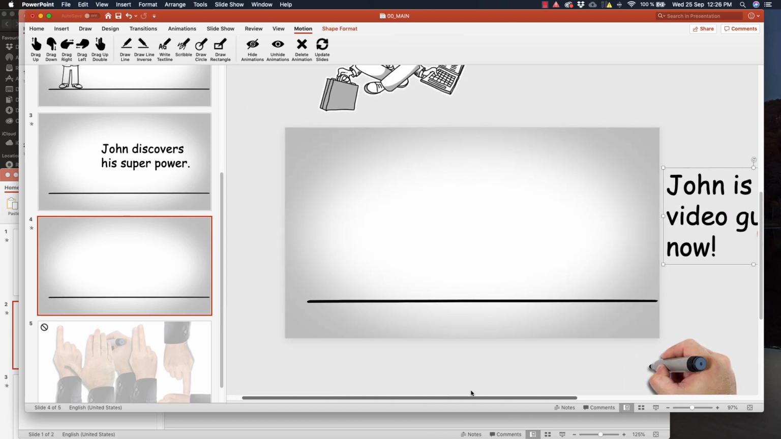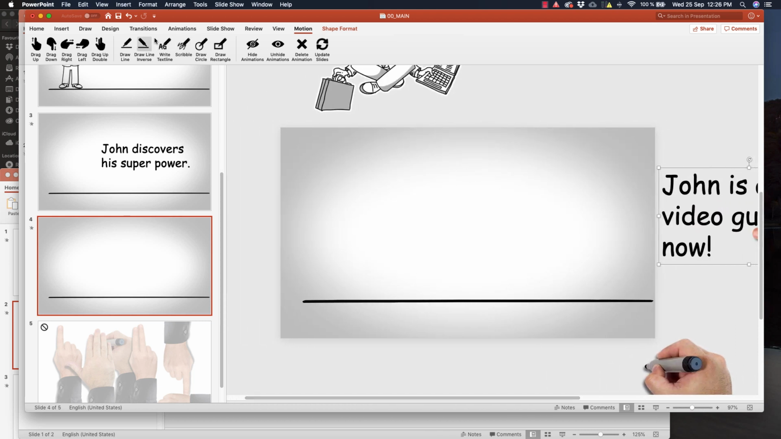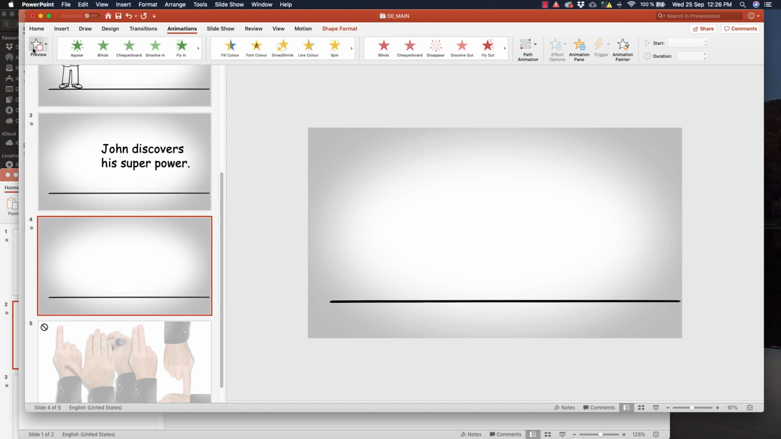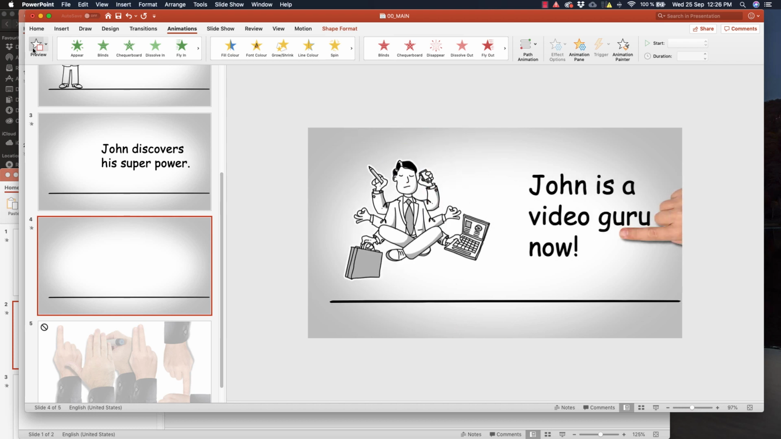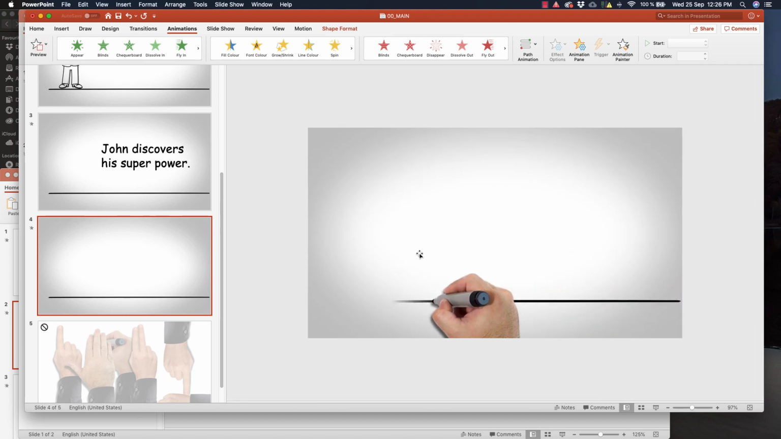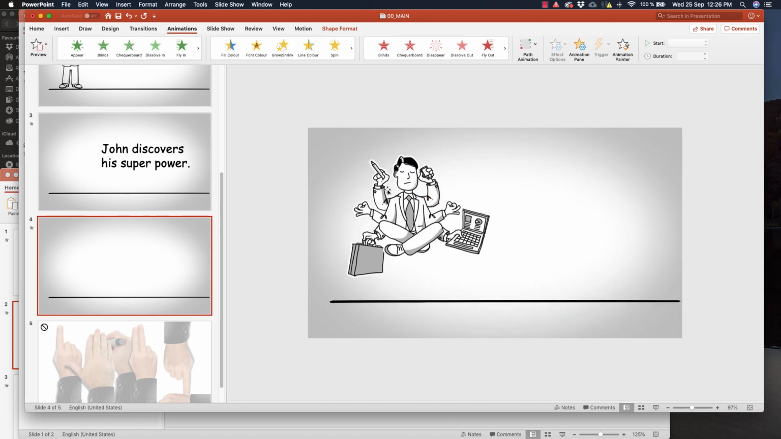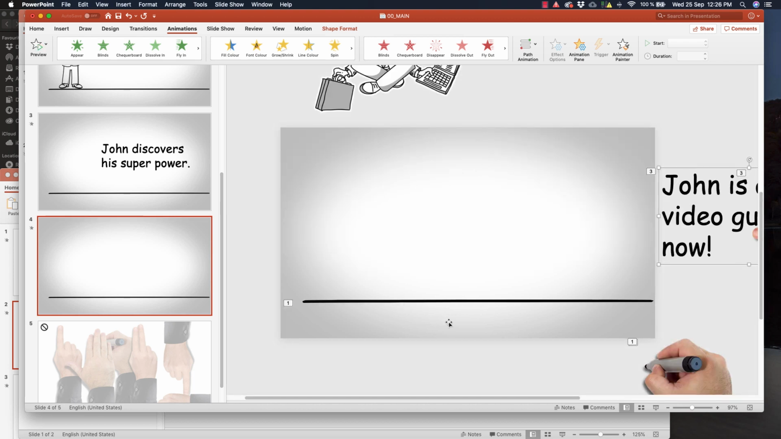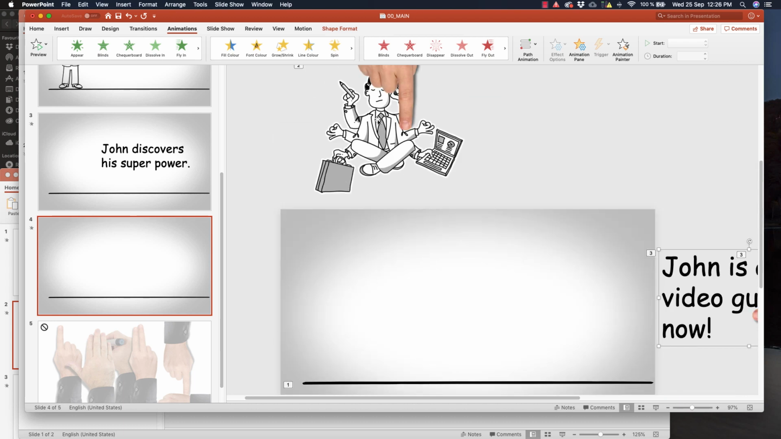Okay, and let's see how things look. Animation and preview. Hop. And John is a video guru, and if you notice, because this is an animated icon, it moves, it has this movement. Okay, now what I want to do now is I want to draw a circle on our friend,